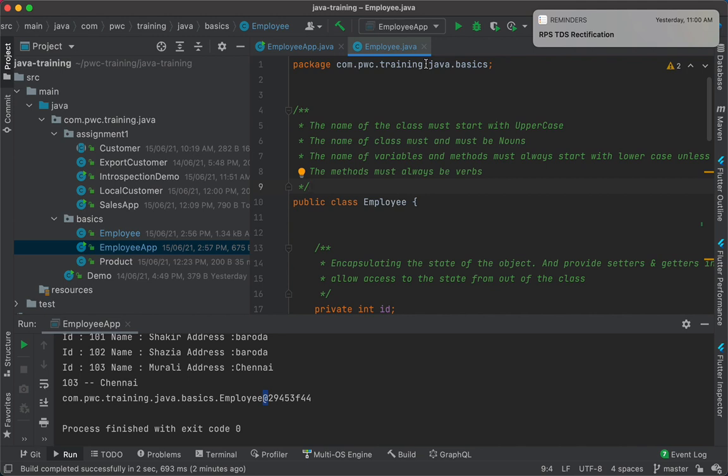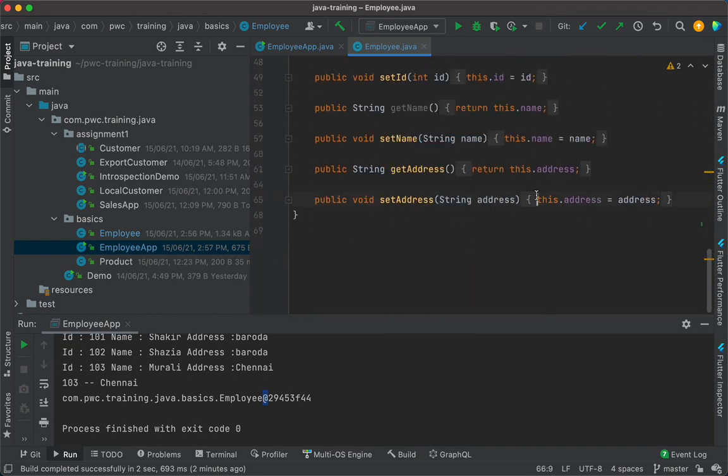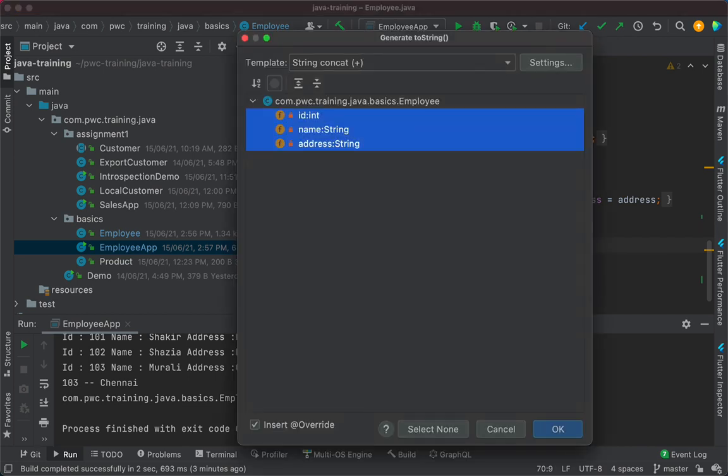Okay. So this is my employee class, my dear friends, and in the employee class I will now have another method called toString. I'll just type toString. See, I've just typed toString, and the IDE is smart. It gives me the complete signature. I just hit the enter key now, and it says